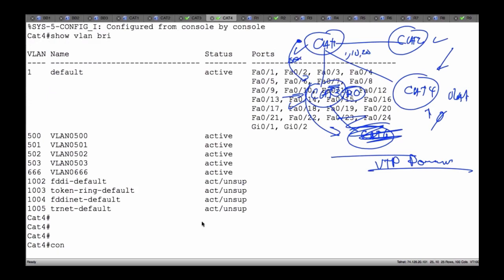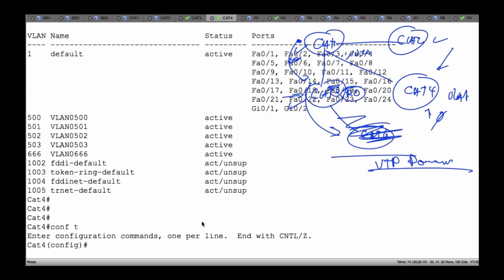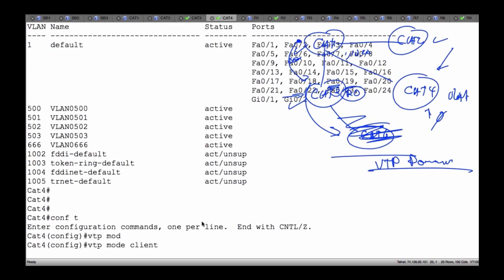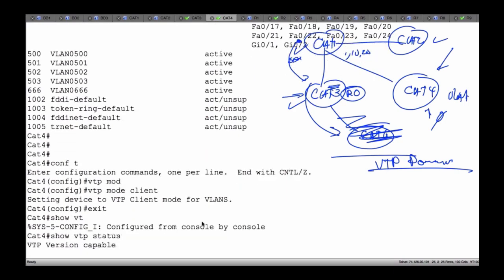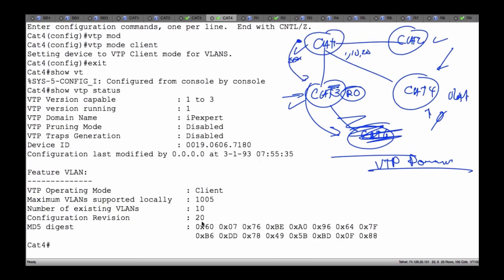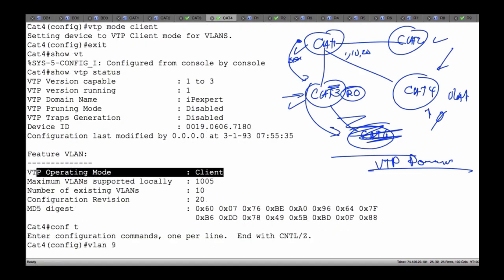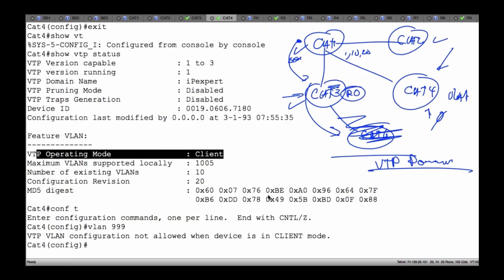And what I'm going to do is, I don't want to have a problem where somebody else messes with my database. So I'm going to say VTP mode client. Show VTP status. And what we're going to see here is now I have a configuration of 20. And I see that my operational mode is client. So now if I wanted to create config T VLAN 999, it's not going to allow me to